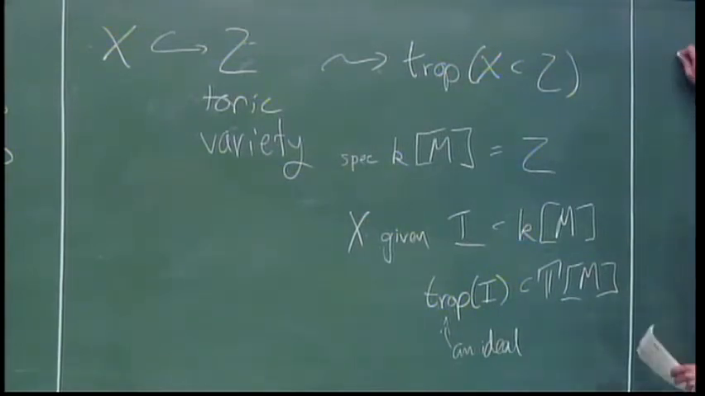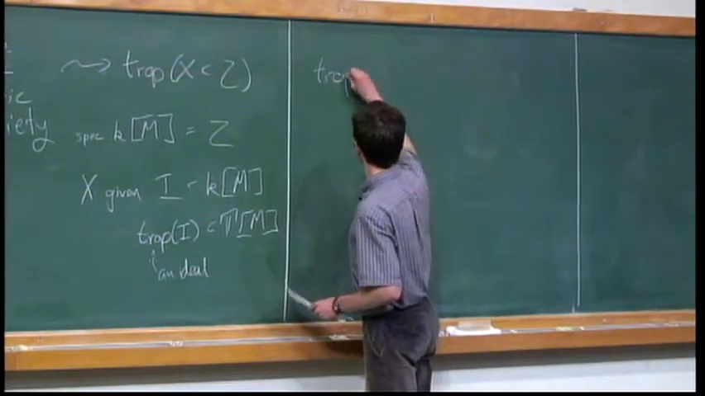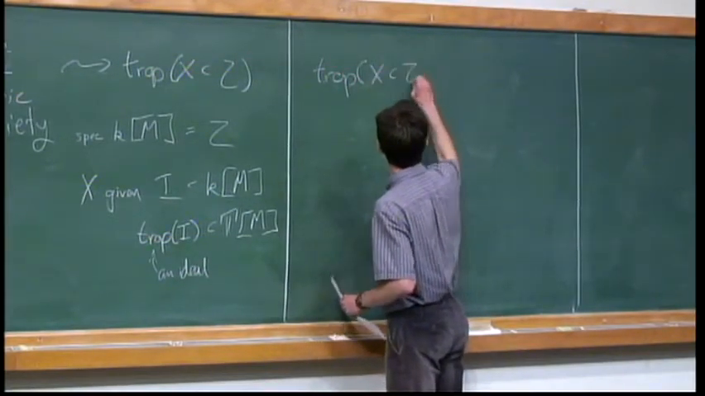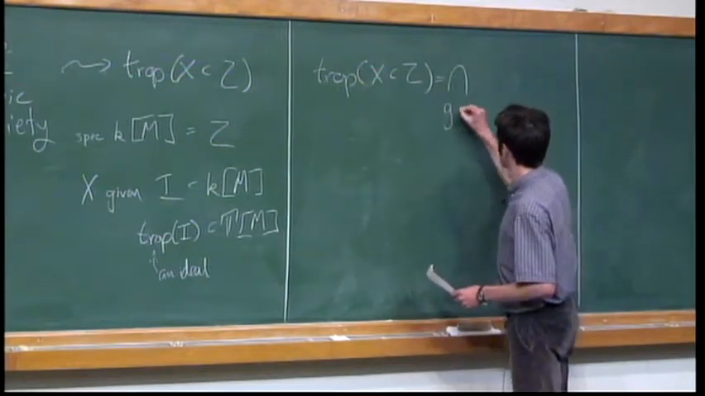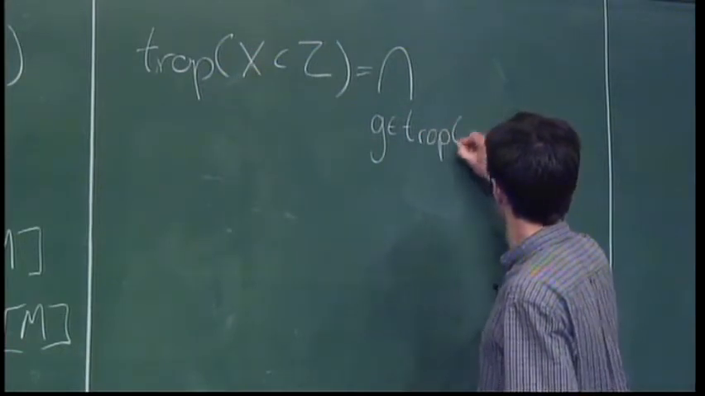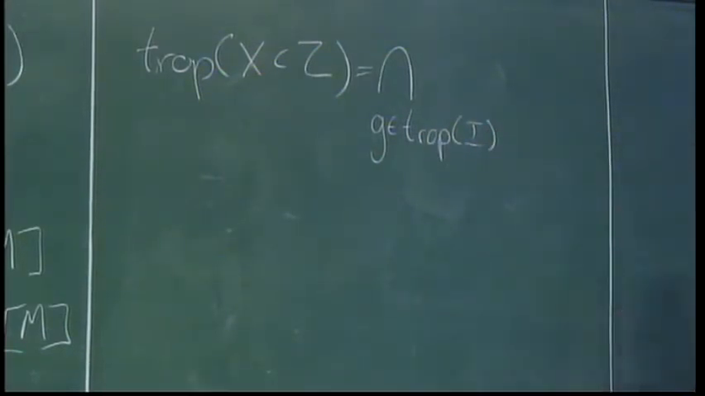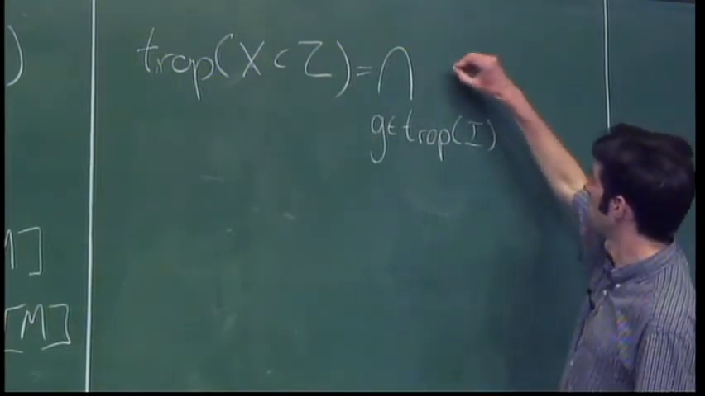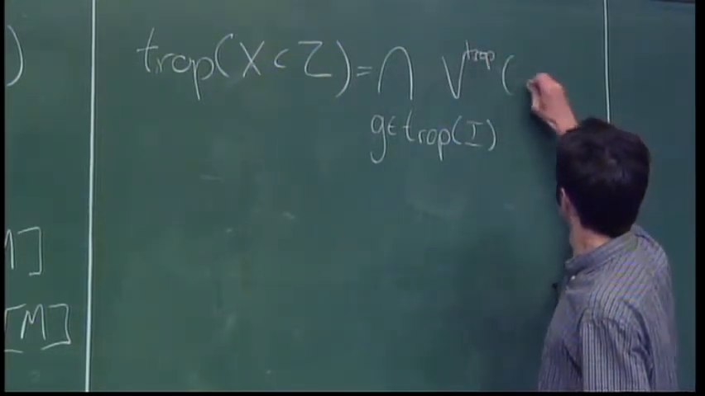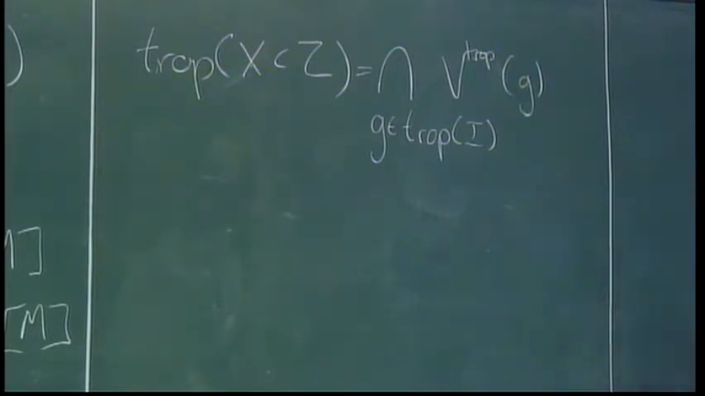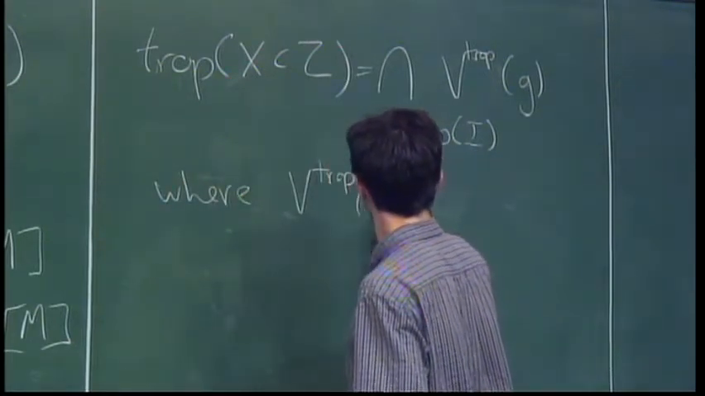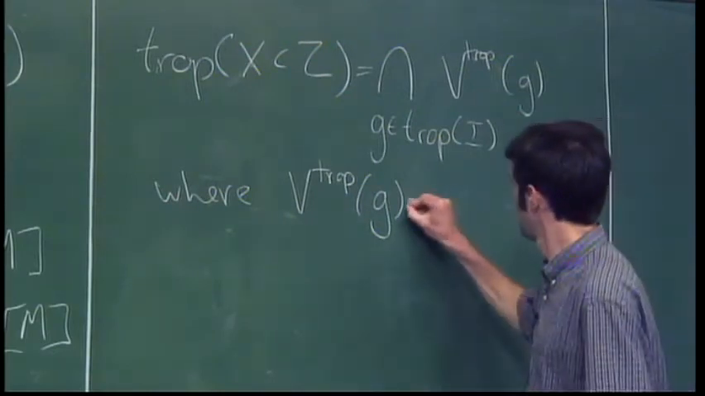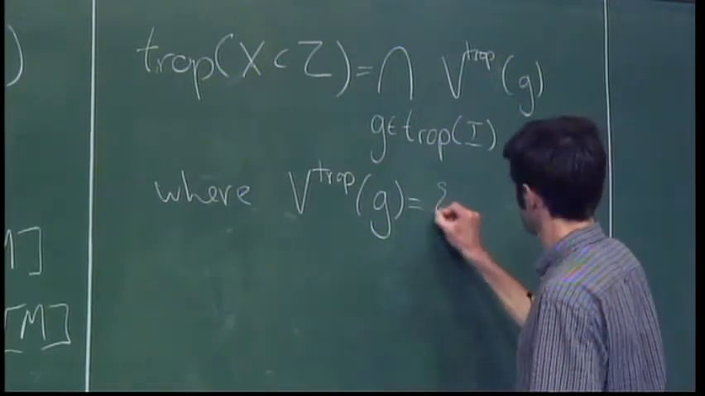So the tropicalization of X in this affine case is then the intersection over all G in the tropicalization of the defining ideal of the tropical hypersurface associated to G, where V trop of G is the set of